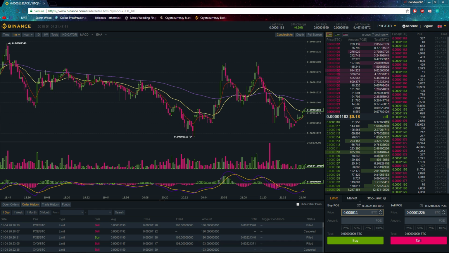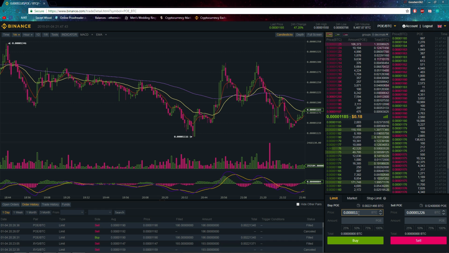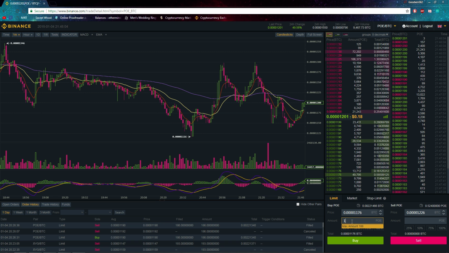Well, here, let's go to 8 decimals, because I normally use the most amount of decimals, and I'd recommend that too personally. You don't want to lose out on information, but there's definitely some uses to having the rounding. And so let's say the graph isn't indicating it right now, but I think this is going to go down to 1175, which it could be because there's a big defense at 1175. So I want to get in at 1176, and I'm just going to put 1 just to keep it low in case it somehow magically does happen. And when I click buy,